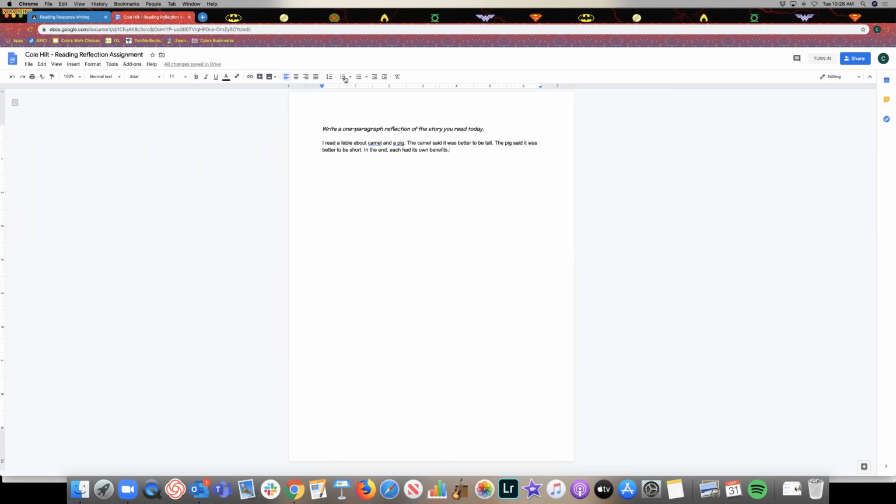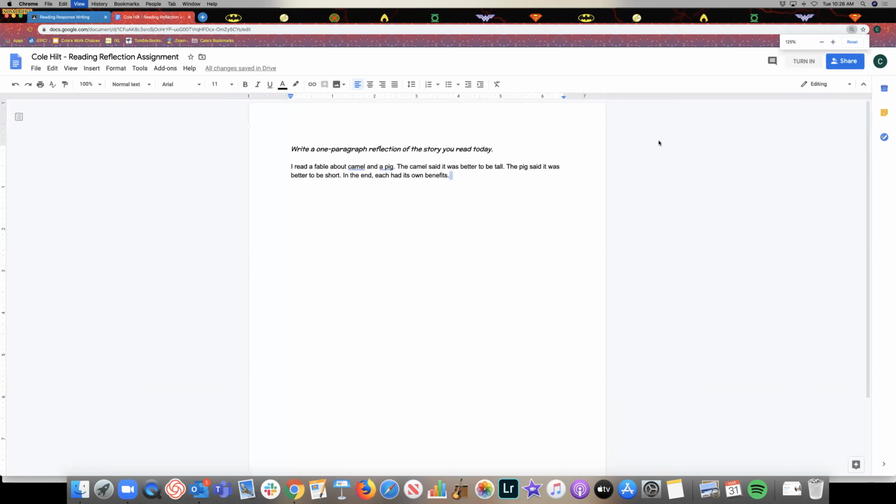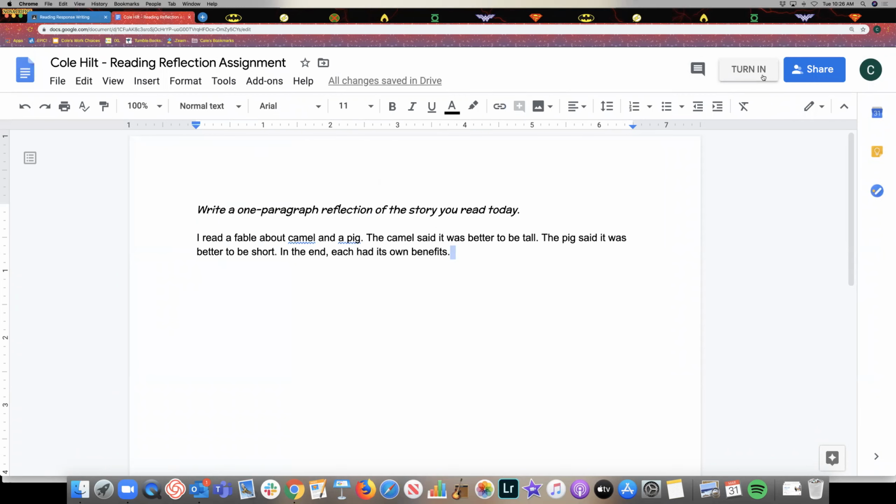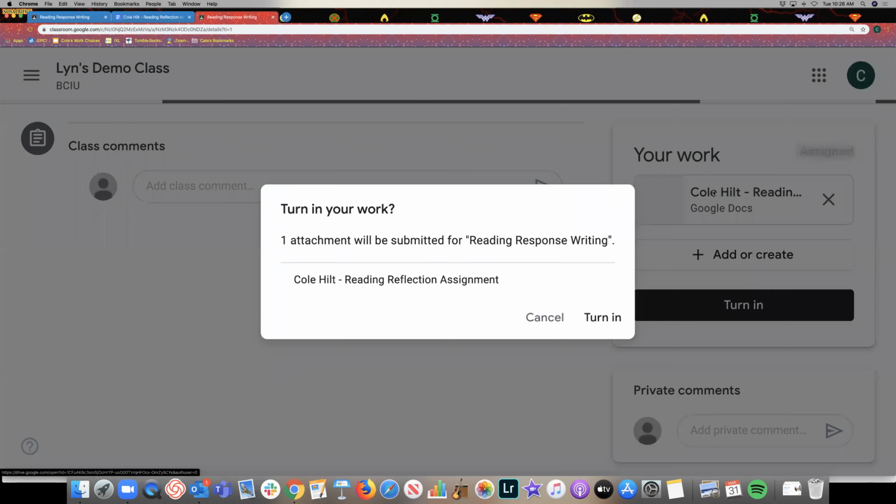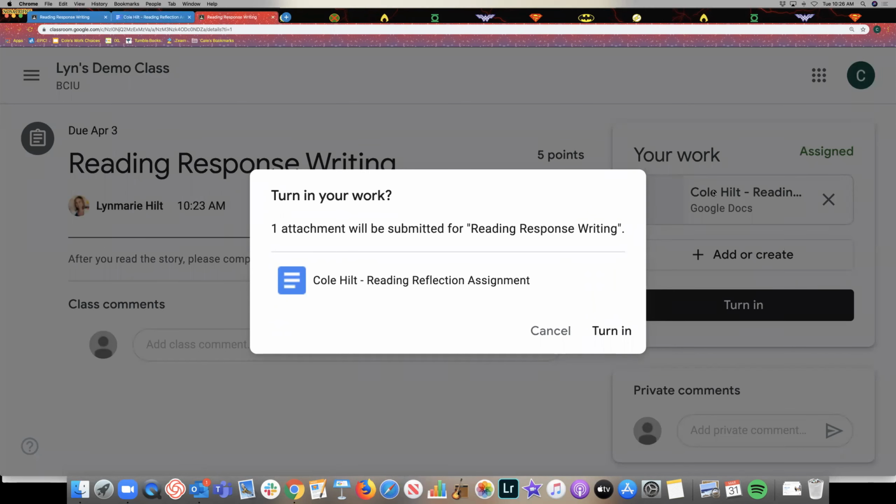So now, as the student, if you notice, there is a new button in the top right. And the new button in the top right is Turn in. So when Cole is done with his assignment, he will not have to share with his teacher. It's already been done. He's going to click Turn in, and it takes me back to Classroom as the student,